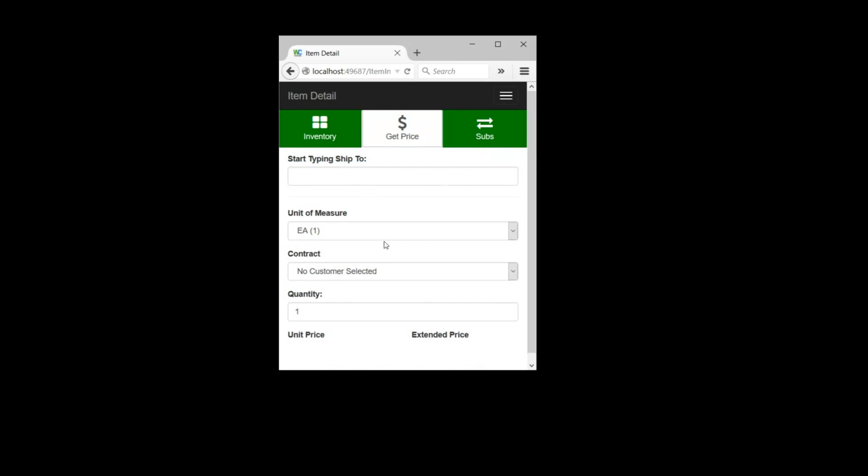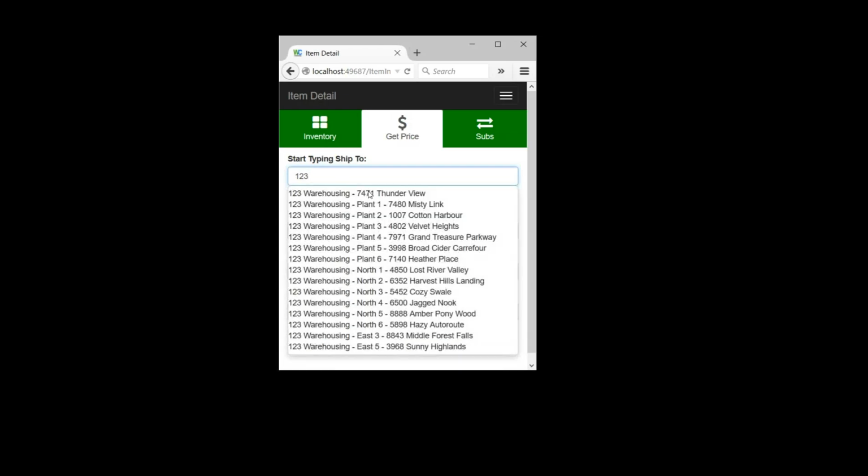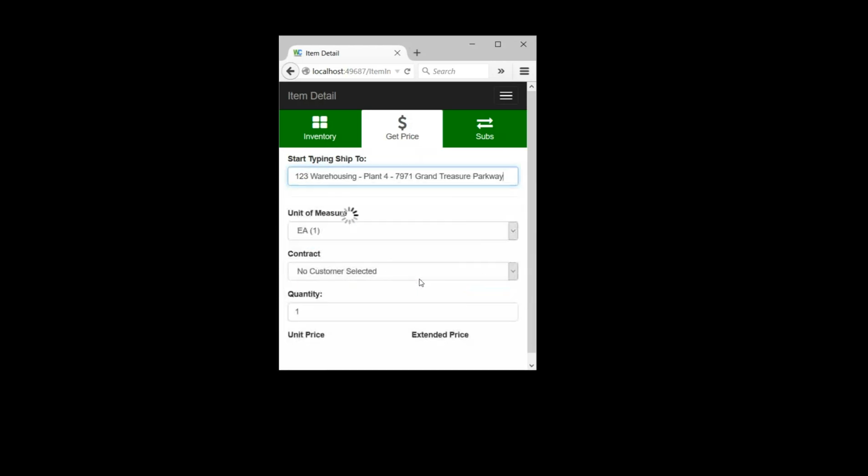So you have a couple different ways to do that within here. So you have this ship to box. Here is where you start typing a ship to name and be able to select the ship to get pricing. So for example, I know 123 warehousing is a ship to that I have in here. 123 warehousing is a customer that I have, but I have multiple ship tos. And so what I can do is select the ship to that is the one I'm quoting for, select it, and what that will do is it will bring back the price for this, and then it will also bring back if there are any contracts associated with this customer, which is important because we use the P21 pricing engine